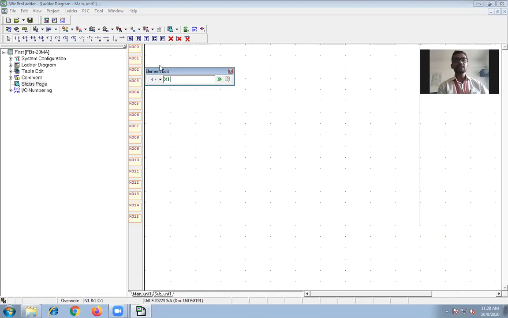If you see the difference, when I type only X, the color of the X is red. And when we attach a number to it, from 0 up to 7, X0 to X7, 8 inputs are there. So if you write X0 to X7, anything, the color of the input becomes green.